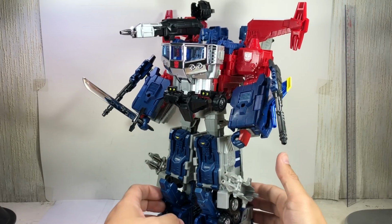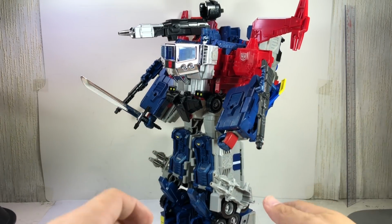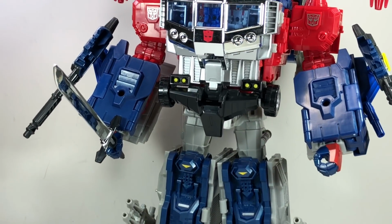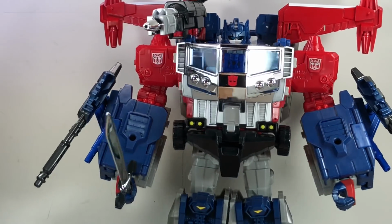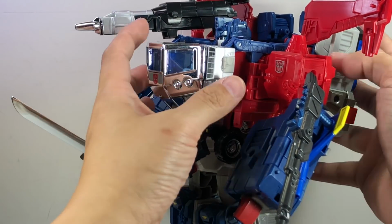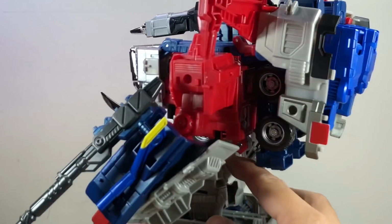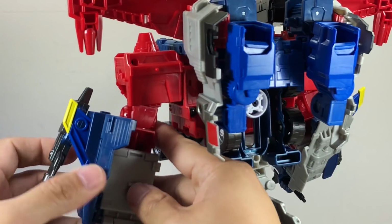And that's the downside, I guess, of this figure. But as it is, there's so much detail. There's just so much epic attributes about this figure that I am just absolutely enamored with. One tip though, assembling it can be a bit finicky, especially with this piece, but once you get it, it connects easily. One tip though is for this arm piece,